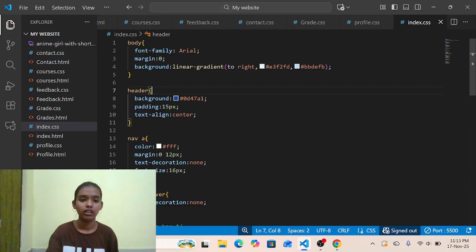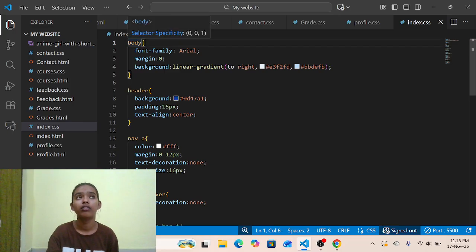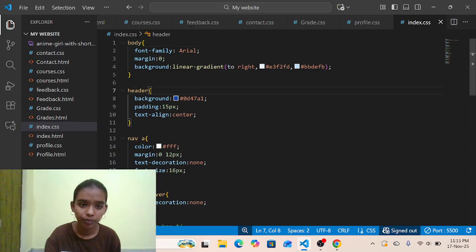This is what we call a selector. When we use a selector, we can put our CSS values inside it, and they start working.